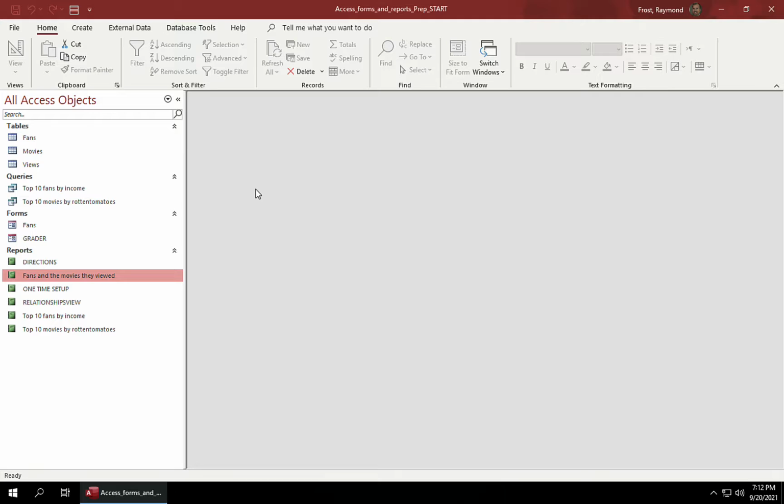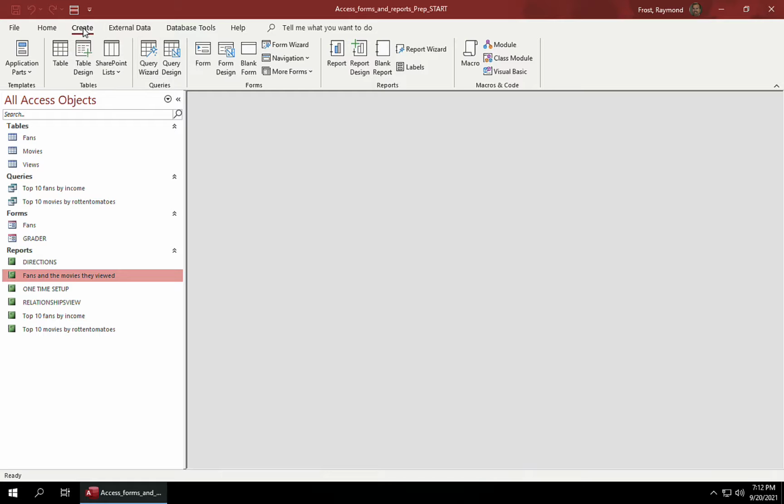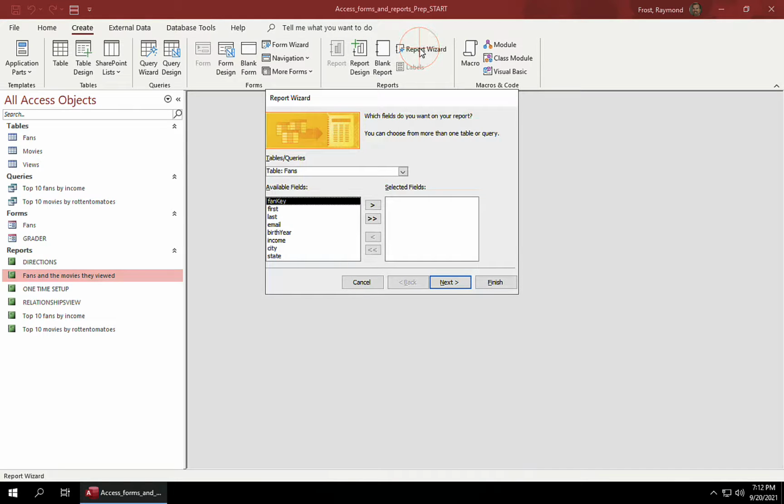Okay. So let's do one more. So that was fans and the movies that they viewed. And now let's make another report. So we'll go create, go back to report wizard. And this time I'll start with the movies table. We'll kind of work from the other side. So it'll be the movie title, the studio, and then I'll pick the venue,